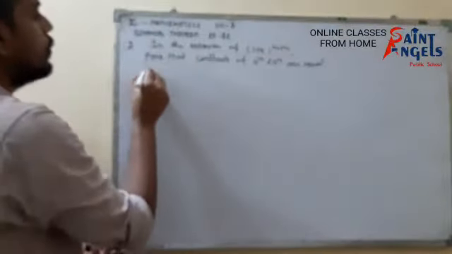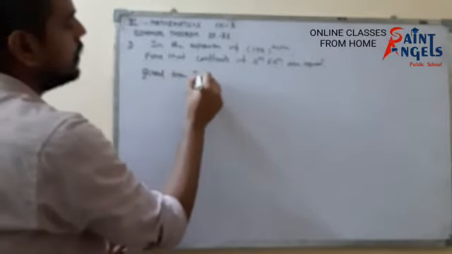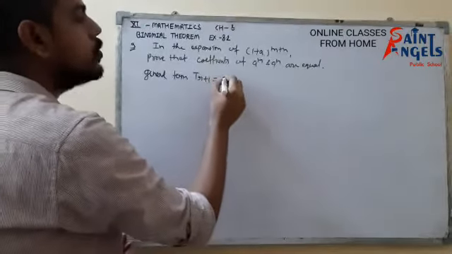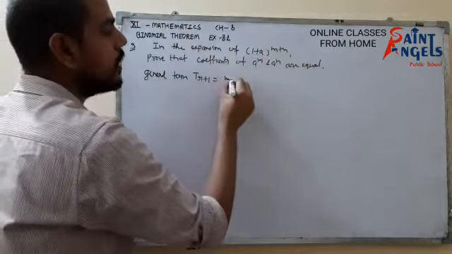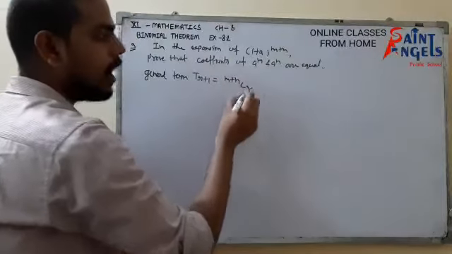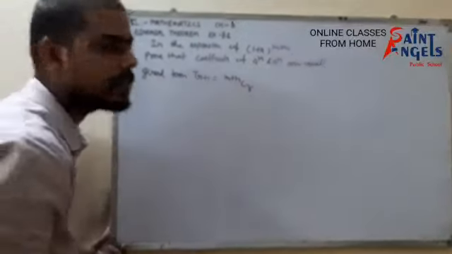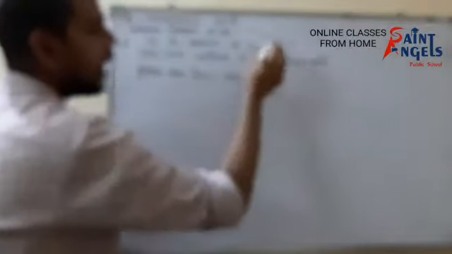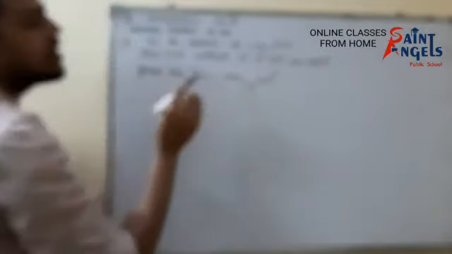So the general term would be, beta, what? General term T(r+1) would be equal to nCr. At the place of n we have m+n, so that would be (m+n)Cr a to the power, it means 1 to the power, whatever we have doesn't matter, into b^r. So here at the place of b we have a, so a^r. This is the general term.